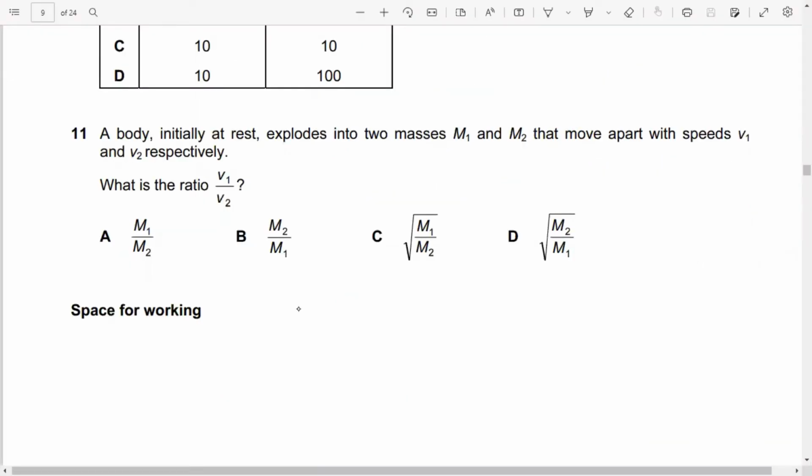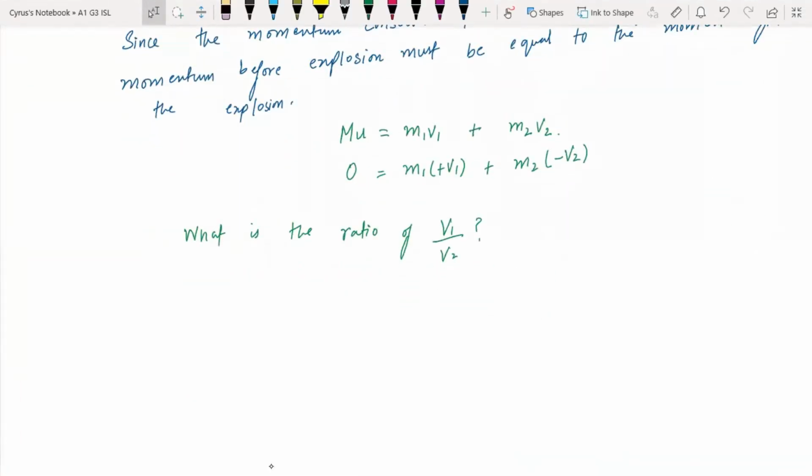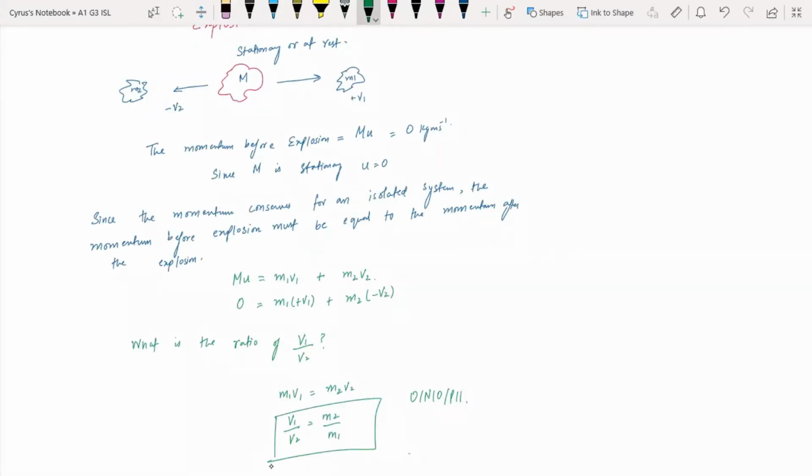The answer is B. You just had this equation which is m1 v1. This will go here. This will be m2 v2. So and m1 over जो आपके पास ये v1 over v2 है वो क्या बनेगा? That would be m2 over m1. लेकिन अब हम बात करेंगे जब चीजें एक्सप्लोड होती हैं,